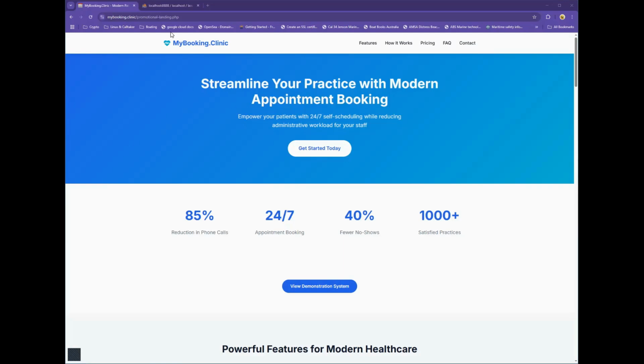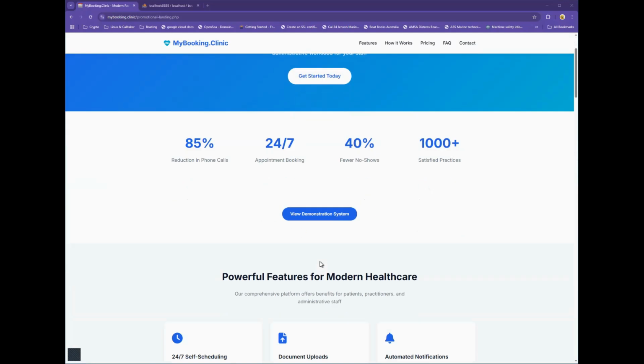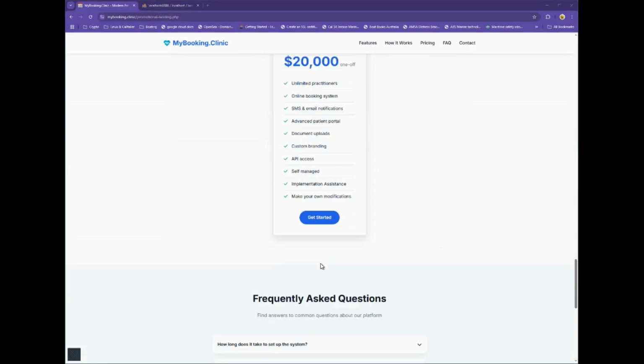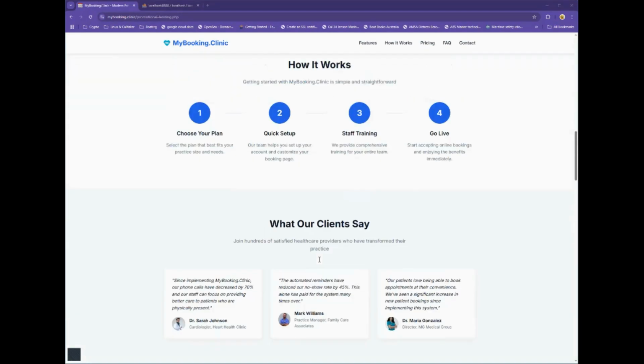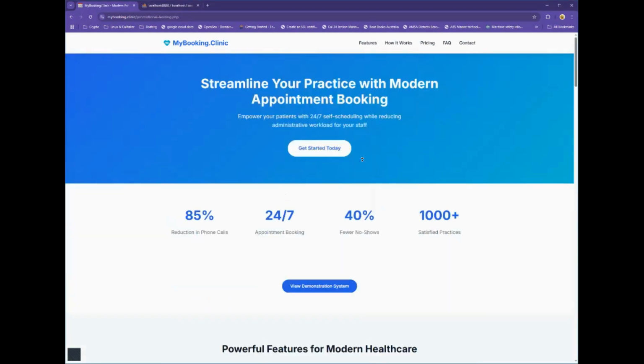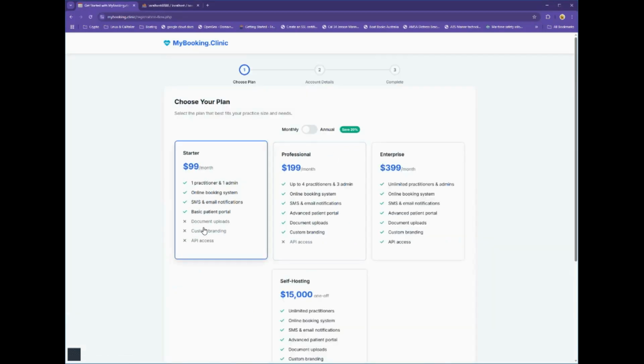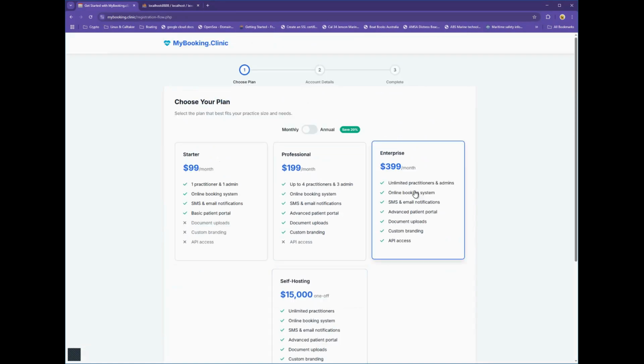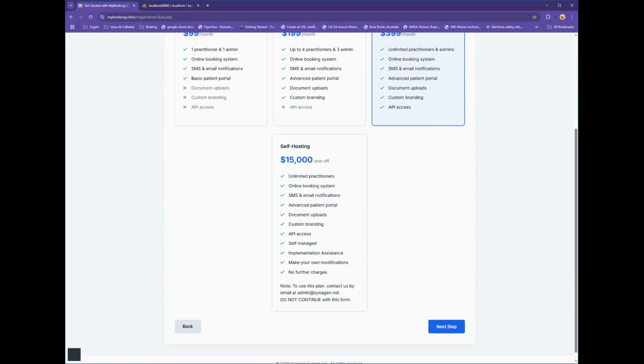So starting from this page, which is the promotional landing page that you've seen lots of times before, you know all about this. So we say, okay, let's get started. This takes us to choose your plan. Now we've got this one. It says, do not continue with this form if you want this, because we have to do it a different way. So we'll say enterprise, next step,